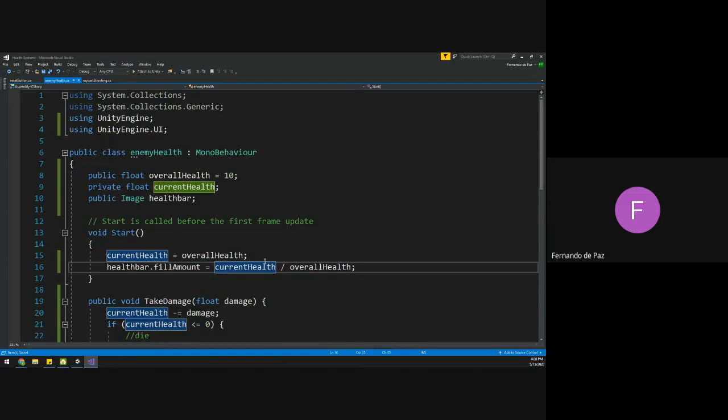So you can think of this like a test, where let's just say overall health is 100, and if you get 80, it's going to give you 0.8. Well, that's how much it's going to reduce itself. So this will always give you a decimal number as long as the current health is not over the overall health. Okay, so let's copy this line,